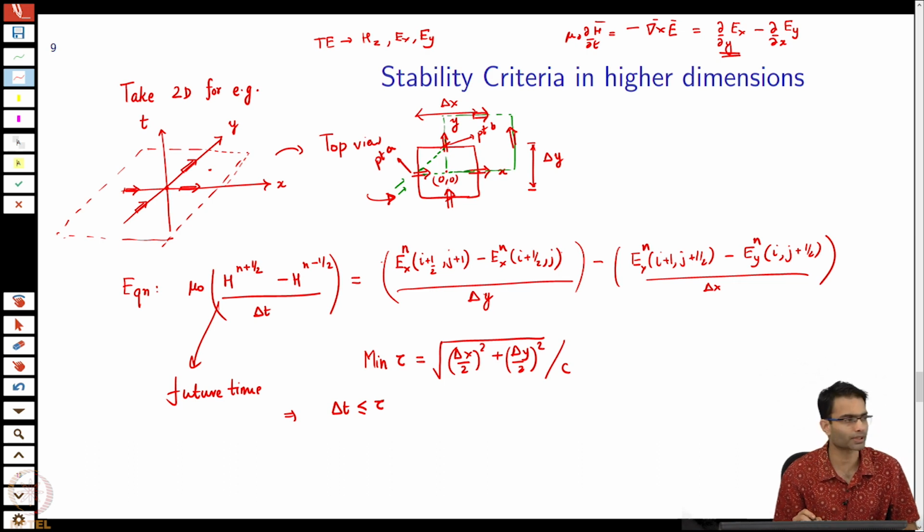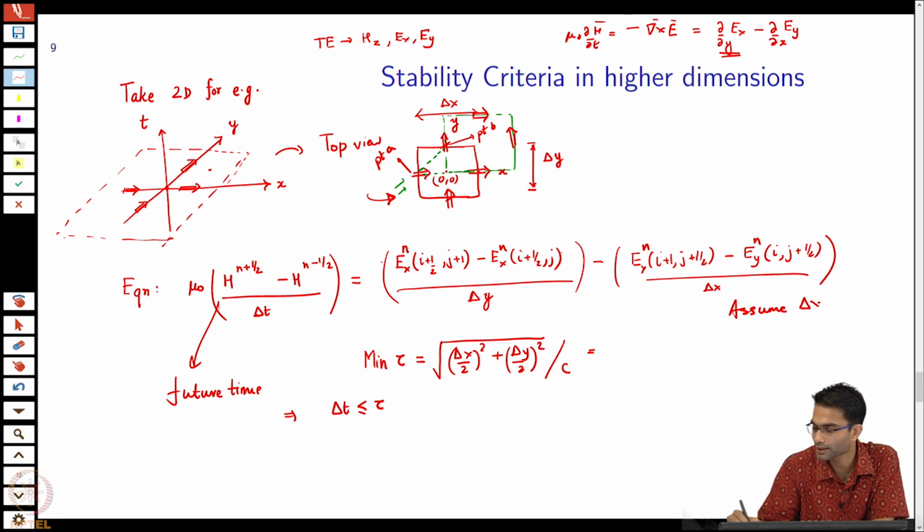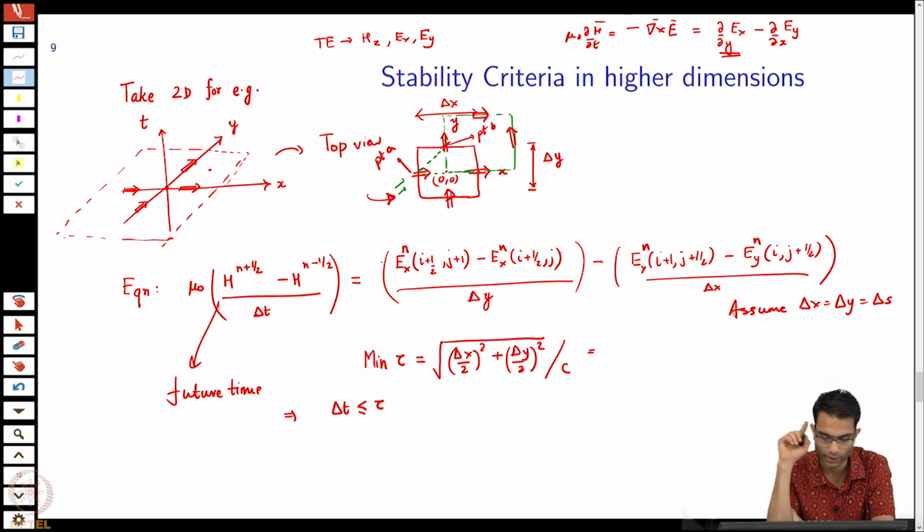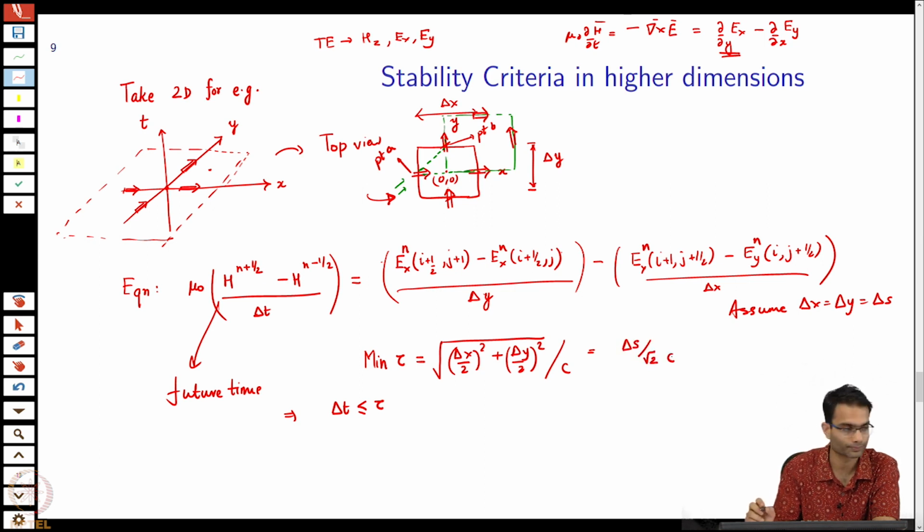Need not be. Who said that they are same? Okay. I mean, I can make a simplifying assumption that delta x equal to delta y. In that case, assume that is the simplest case, delta x is equal to delta y is equal to, let us say, delta s. Okay. So, what does this tau turn out to be? Delta s squared by 4 multiplied by 2, right. So, this becomes delta s by square root 2 c,